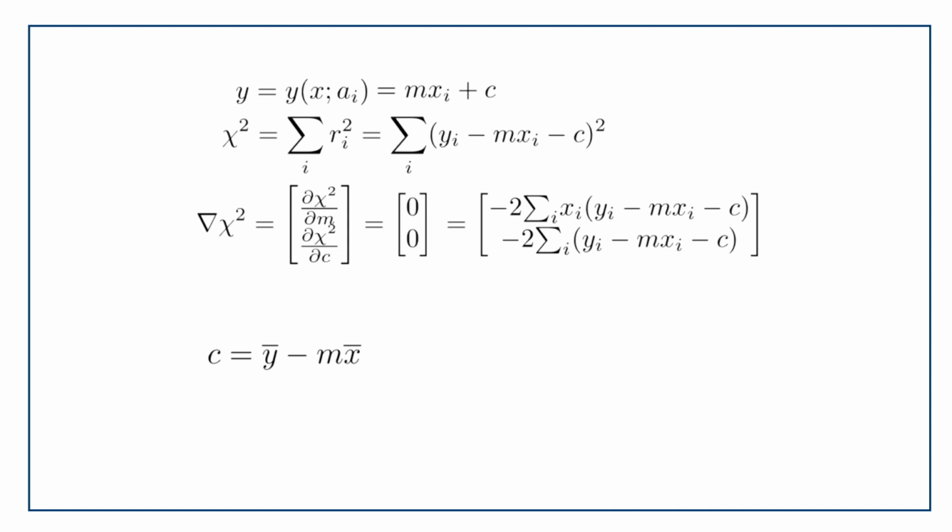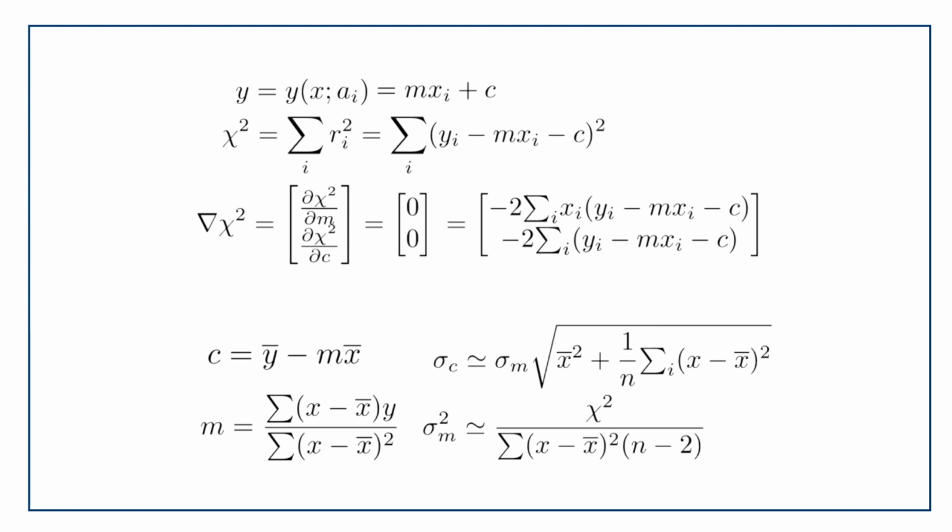And if we divide that through by the number of data items, we get our result that c is going to be y bar minus m times x bar, y bar and x bar being the average. We can carry on in that way and generate an answer to m, which I'm just going to leave here. I don't think there's any point in showing all the maths to you blow by blow. It's a bit trickier to see, and I'm not going to go through the maths and the derivation, but